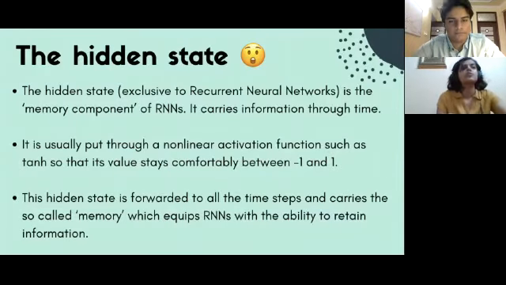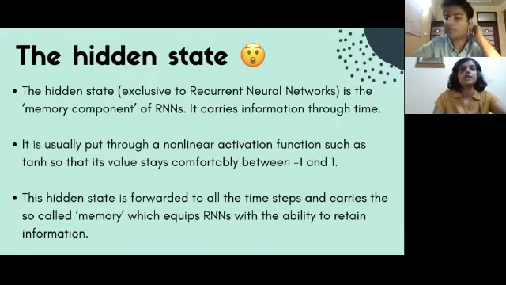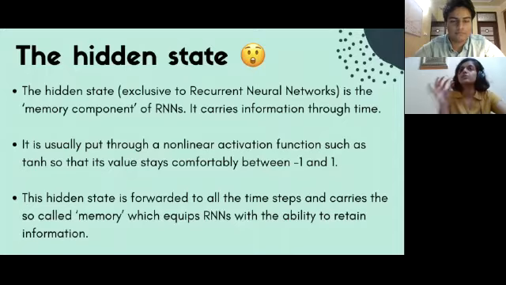Okay, so we've got the hidden state. So this solely facilitates that passing information through time that I talked about. The hidden state, it's nothing tangible, it's nothing physical. It is a mathematical function which basically takes in a part of the output from the previous time step and combines it with the input of the current time step. I already told you this when I introduced sequence models.